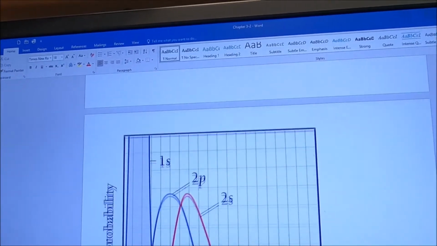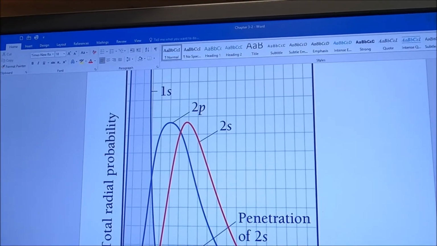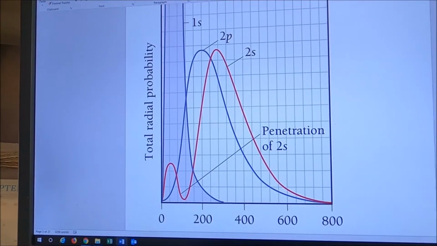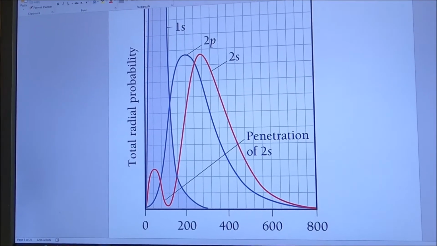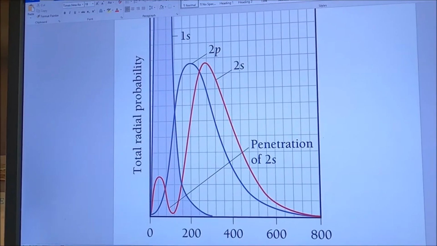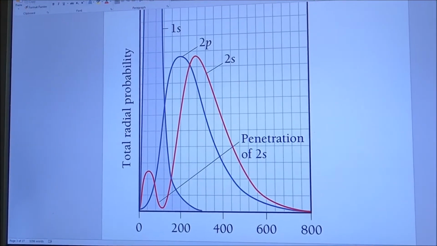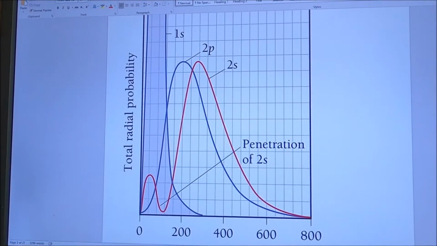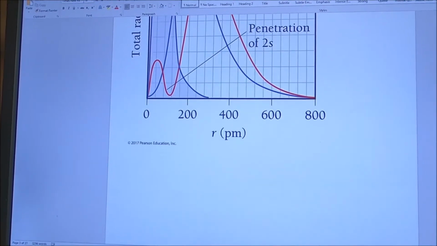Okay, now I'm going to scroll down here. Here we see 1s, 2s, and 2p. What I want you to notice on this graph is that 2s has more penetration than 2p. So therefore, more penetration, a stronger interaction with the nucleus. Okay? If we go out even further,